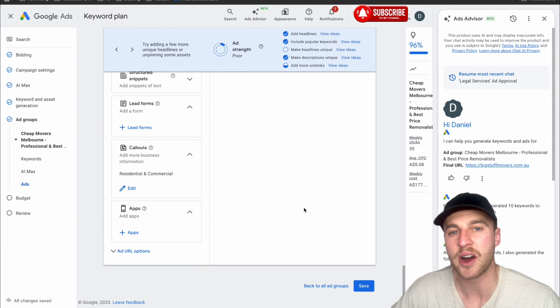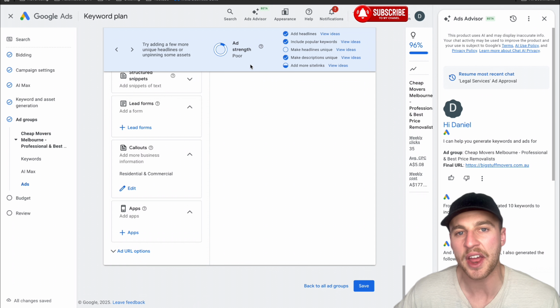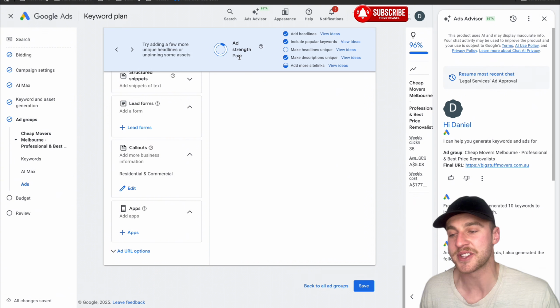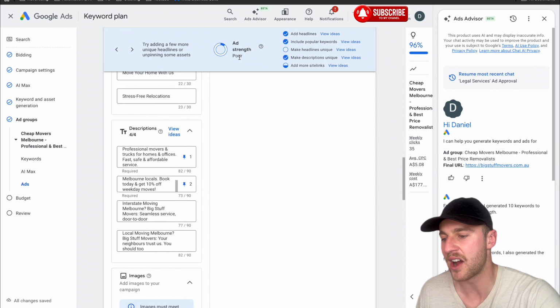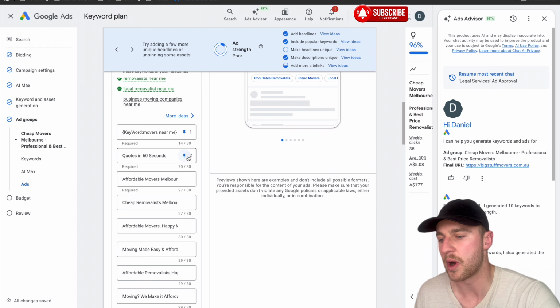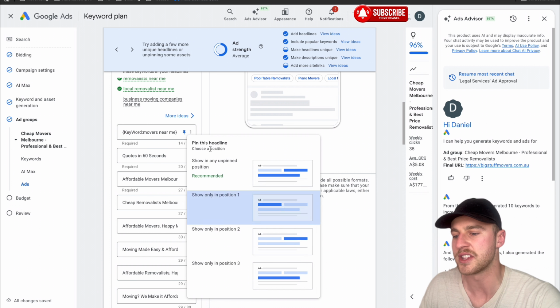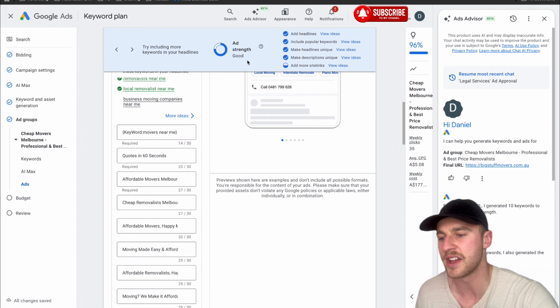Now, what I do want to tell you is you don't need to stress about this ad strength. I've never seen a good ad have a good ad strength. And I know that sounds absolutely crazy, but it's a metric that does nothing for your ads. It just kind of shows you how much control you have over Google. As you can see right now, I can unpin some headlines like this, and my ad strength will slowly go up. It's only because I've pinned headlines because I want maximum control over what people see. As you can see, without the pinned headlines, it's now on a good